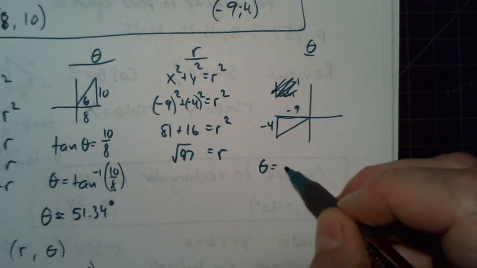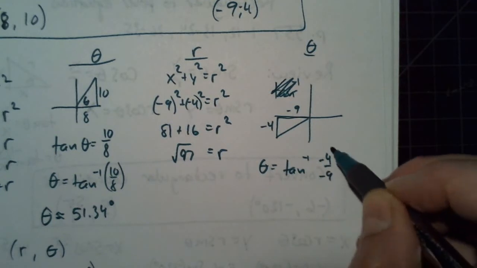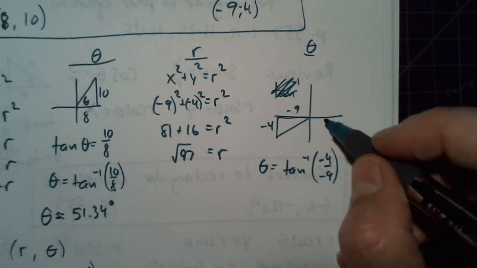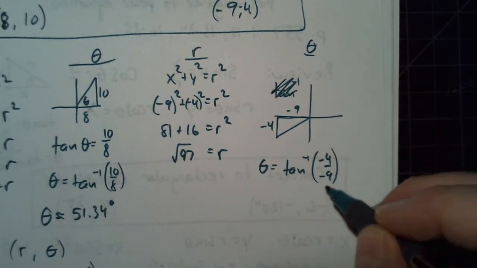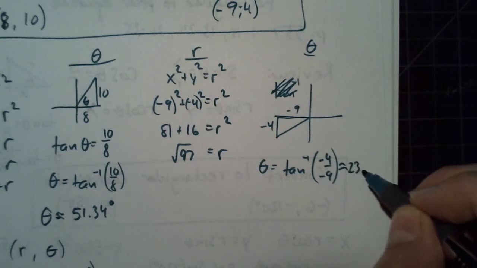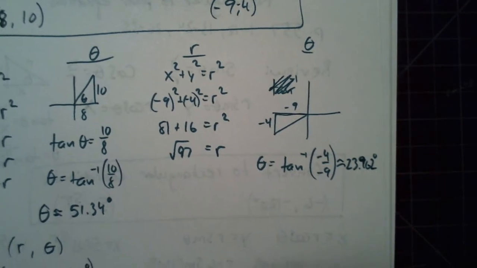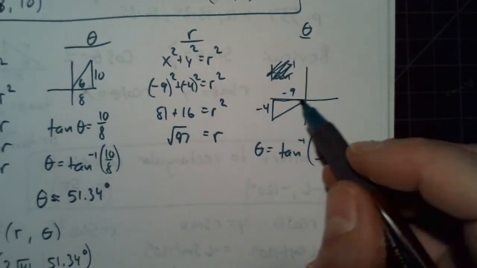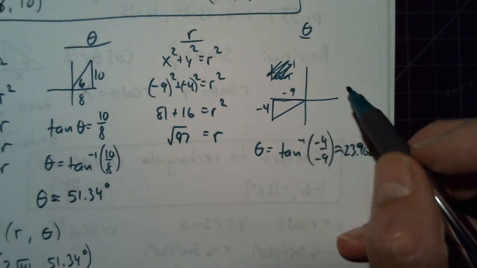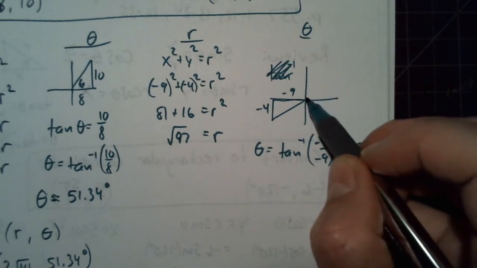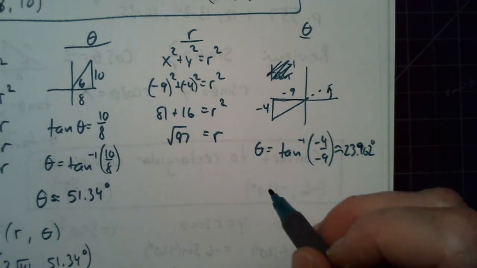And when we do inverse tangent, we will always get a number between negative 90 and positive 90, and here we get 23.962. But we can see that this is not 23.962. We need to go, if we did 23.962, that would be right there. So one of the possible coordinates would be